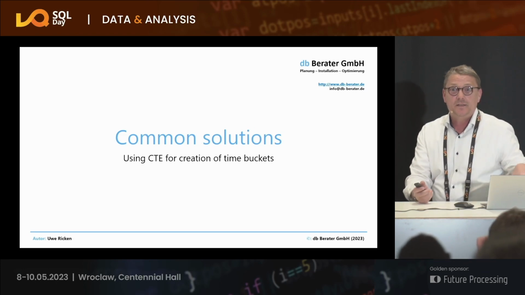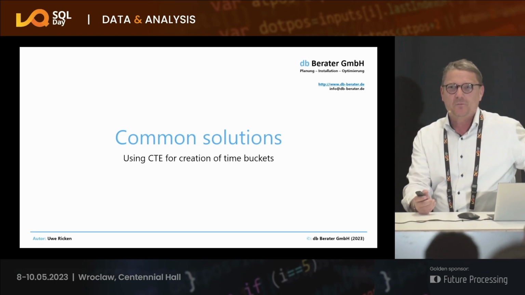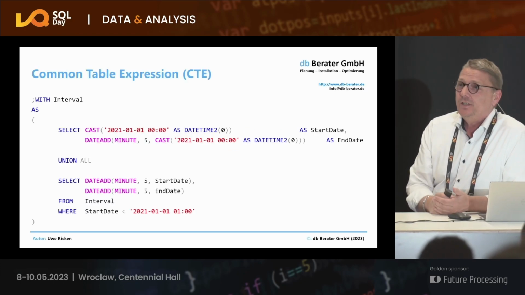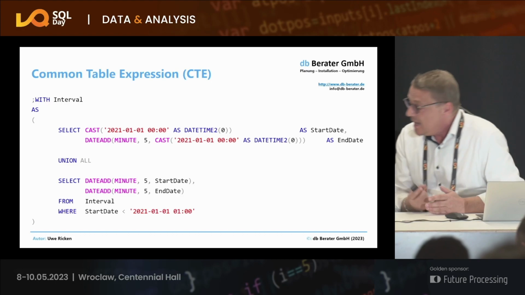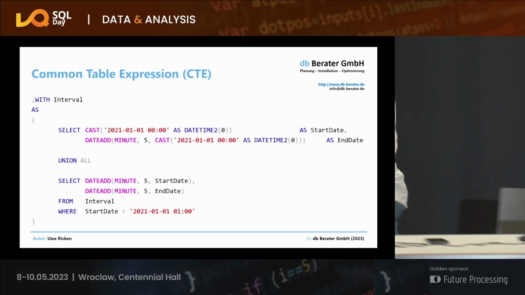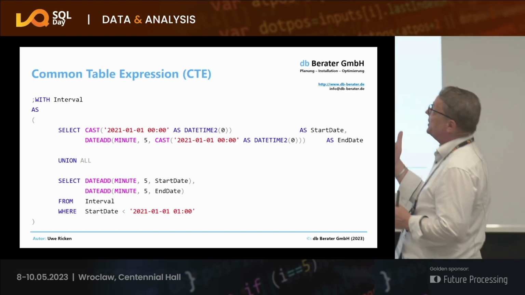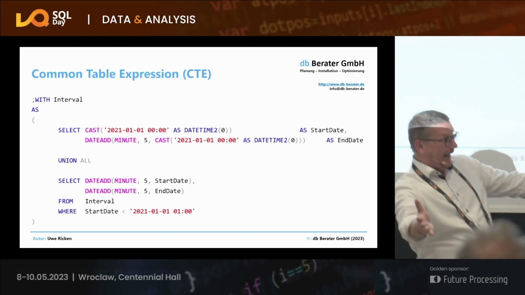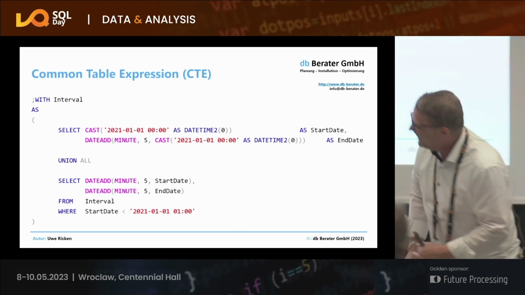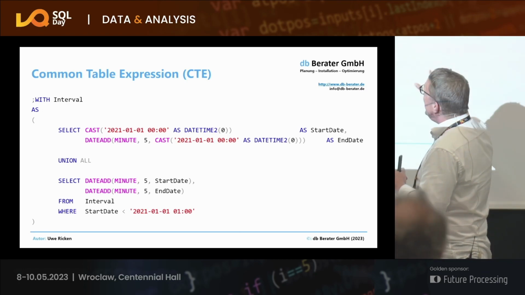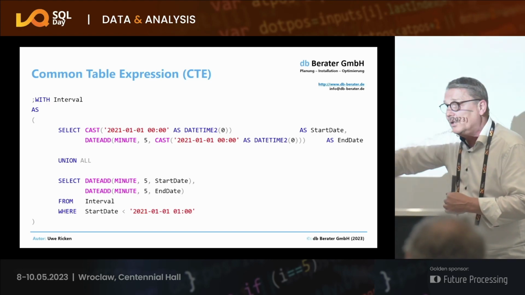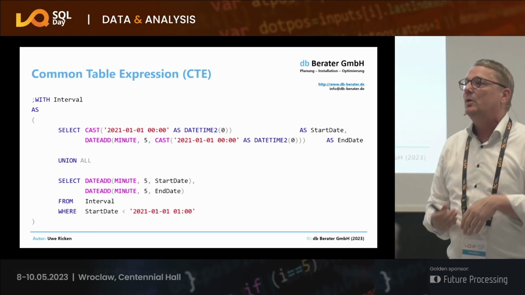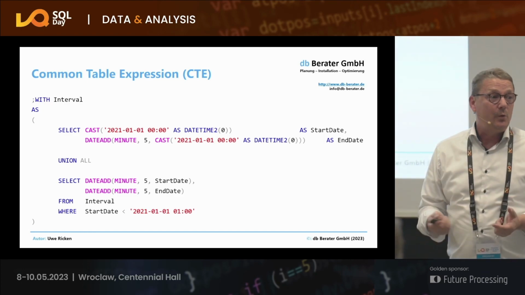That's a good thing, yeah. I don't have it in my demo, that's the reason why I don't want to get more into detail with this. But I think you are all using CTEs. Common table expressions are very helpful for this, because of recursive CTEs. What will I do? I create the so-called anchor, and then I just call it recursively step by step for every single bucket. And then I have my list, which I need later on for the queries.